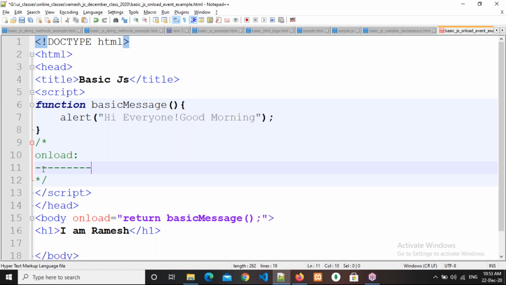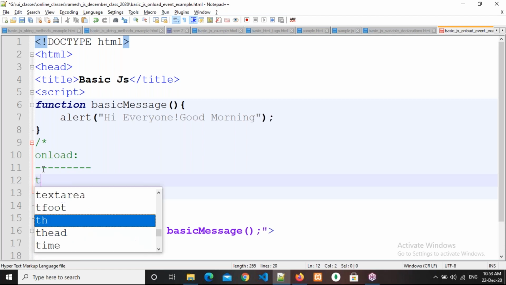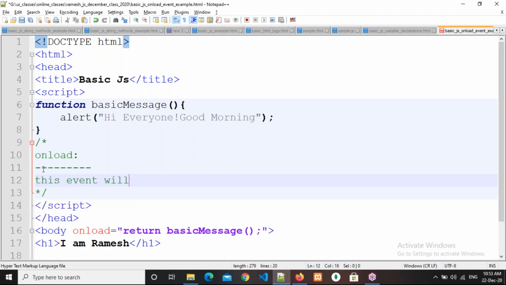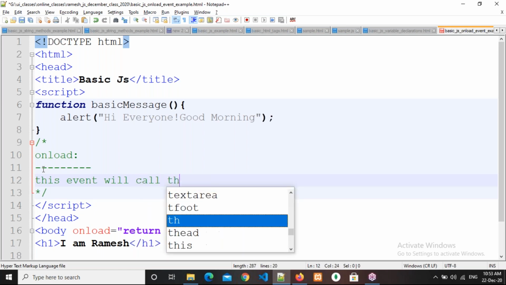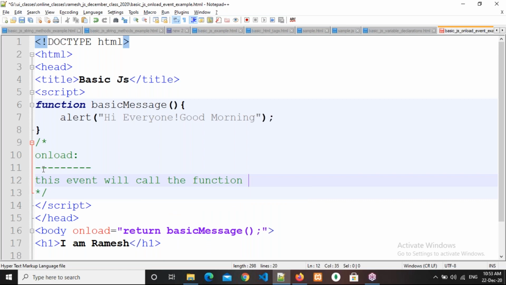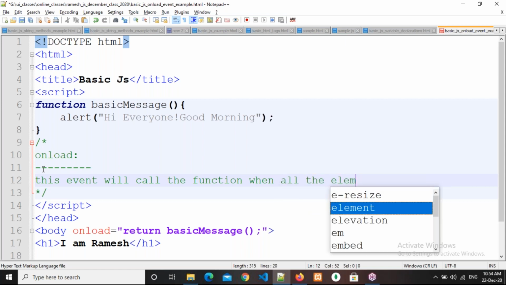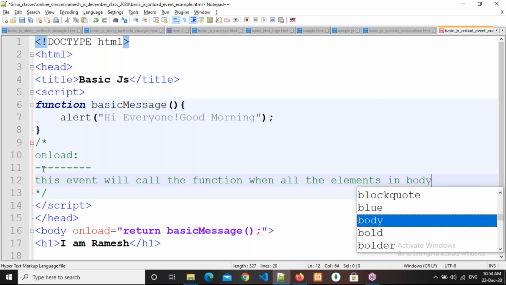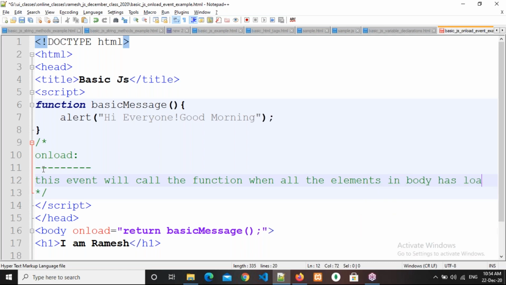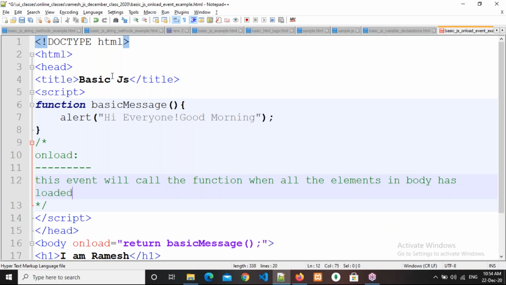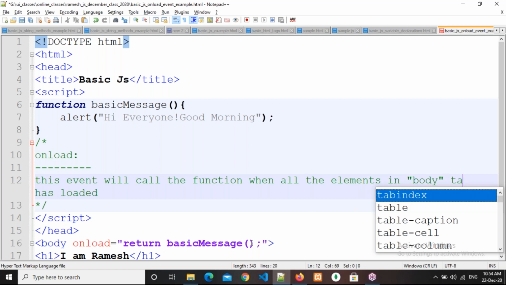So onload event. What is this onload event? This event will call the function when all the elements in the body tag have been loaded.